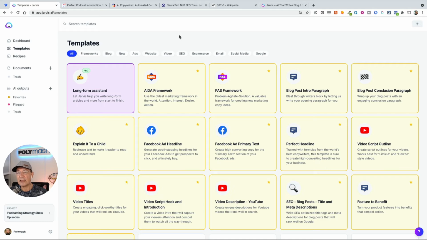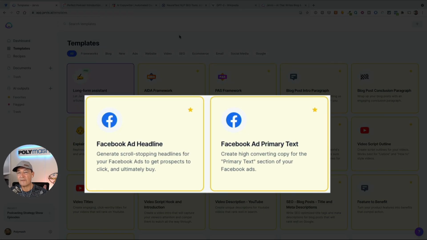Another great application is to use this for Facebook ads. And if you've ever run Facebook ads, the headline and the ad text is something that you want to vary a lot. And this is not unlike social media posts. If you're sharing an episode on Twitter or on LinkedIn or elsewhere, you don't want to use the same copy every time that you tweet about it or every time that you tell your audience.